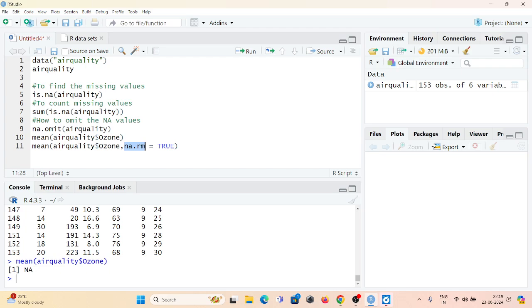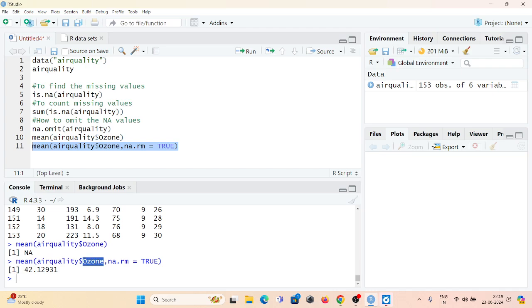So if I write TRUE, then just select this, click and run. You can see the mean of the values present in the ozone variable in the data set air quality is 42.12931 after omitting the NA values, right?